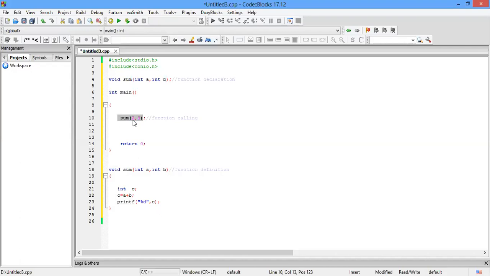Fine. And whenever we are calling our function, we do not have to mention the return type. We will just write the name of the function and pass the values of the parameters. That's it.